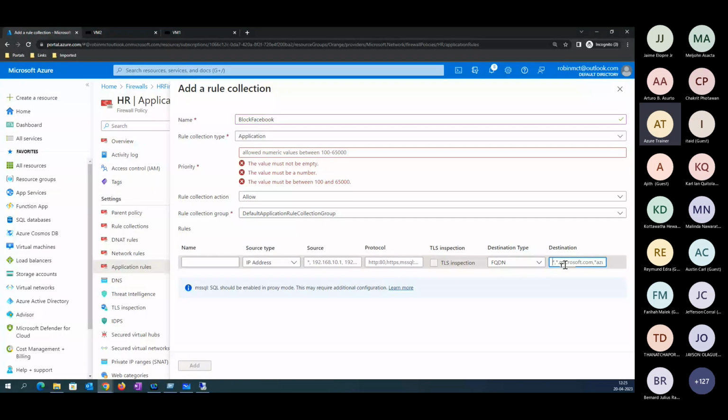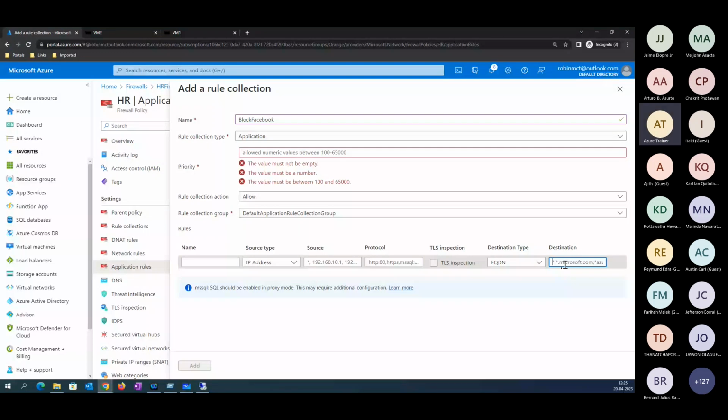Any questions from anyone? Can you create two firewalls on a VNet? Richie, in the same VNet we won't use two, because there is a cost involved. It's not a free product. So we are using a hub and spoke method only. It is not recommended to use two firewalls in the same VNet, because cost is involved.